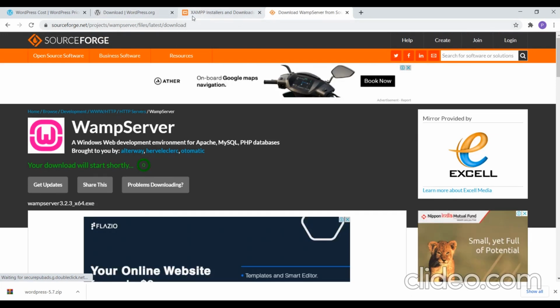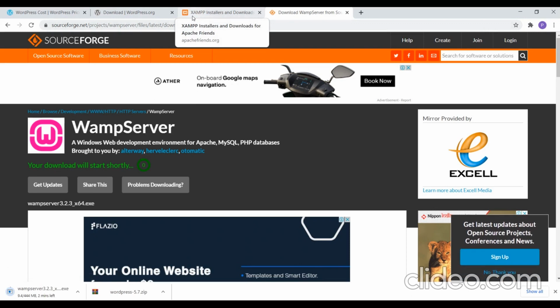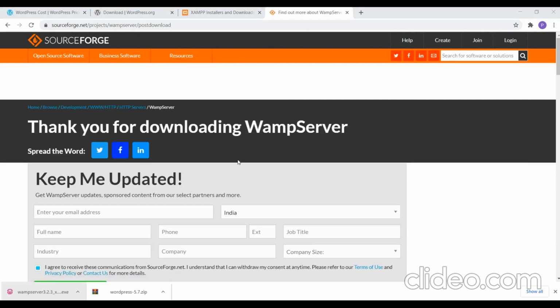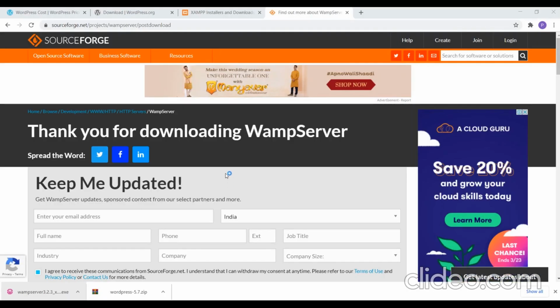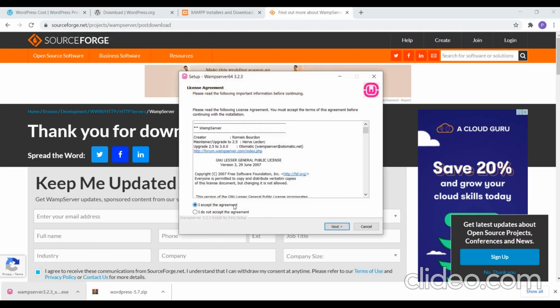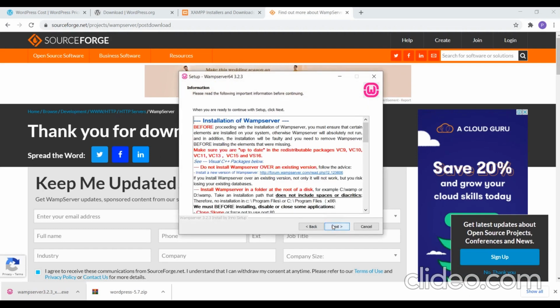Once you have downloaded it, you can start installing it. So it is downloaded, just click on it. Click on agreement, then click on next.